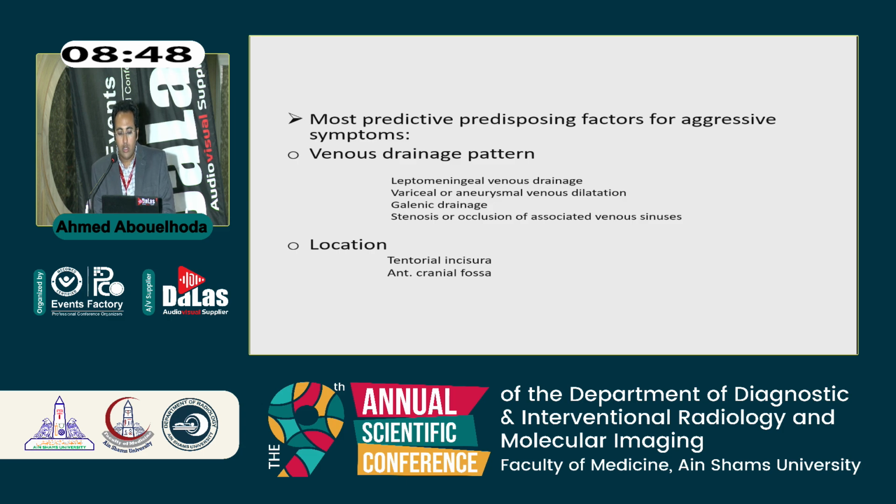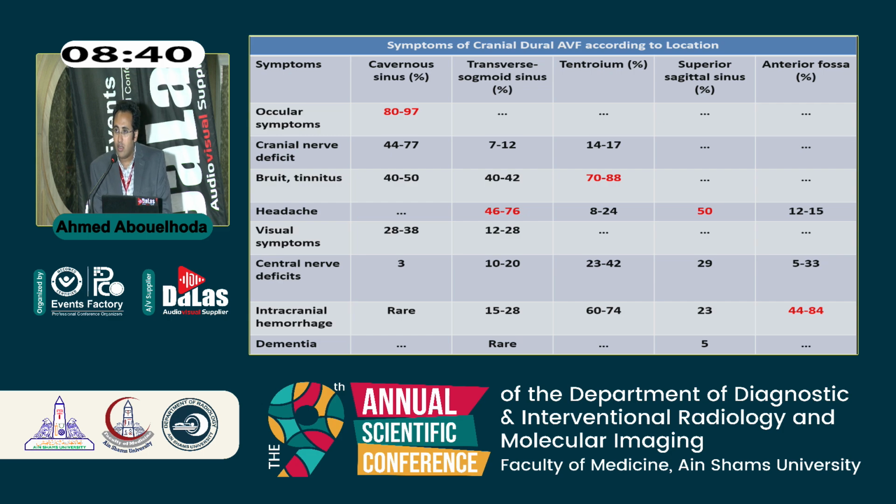For the location, the tentorial and the anterior cranial fossa tend to be more aggressive and hold more aggressive symptoms. We'll show a more detailed classification for the symptoms according to the location. As you can see, the cavernous sinus is usually presented by ocular manifestations, the transverse sigmoid and the superior sagittal sinus usually by headache, the tentorial dural fistulae usually by bruit and tinnitus, and the anterior cranial fossa usually